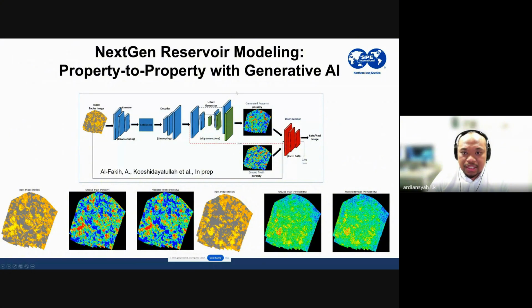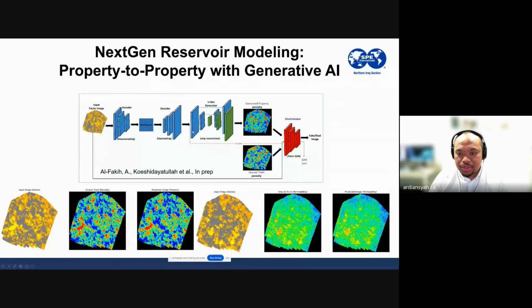And the last thing, one of the recent works of my students using this generative AI, is to do property modeling. With reservoir modeling, as you know, especially static geomodeling, we really depend on geostatistics, right? And sometimes it can have a lot of uncertainties and biases. So one way we try to approach this issue is by using